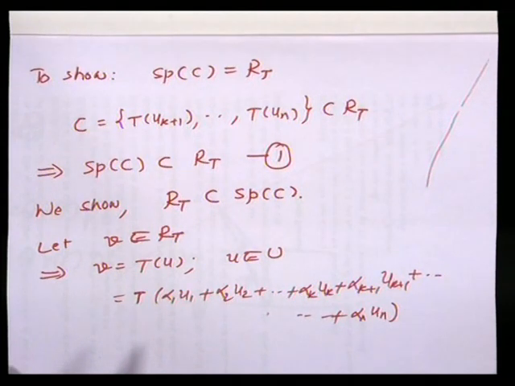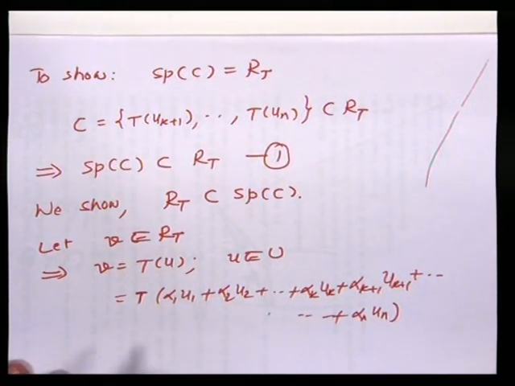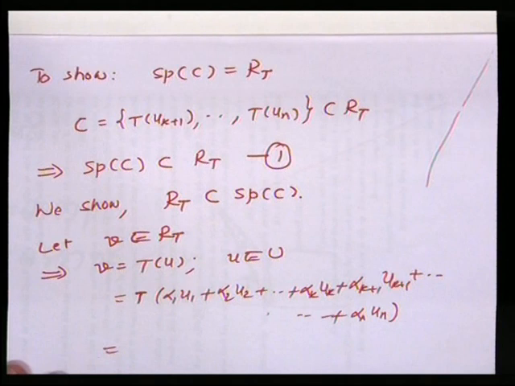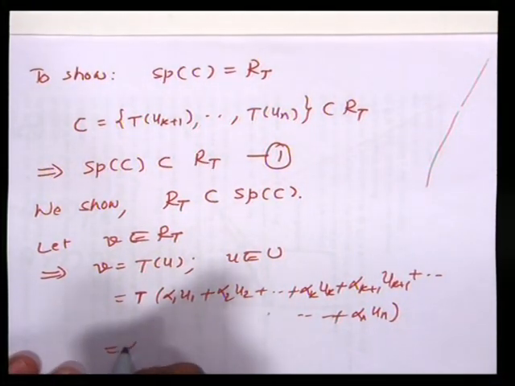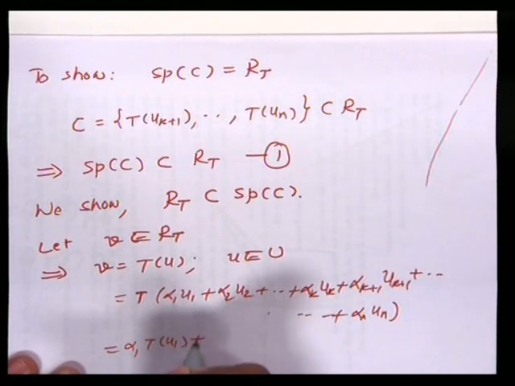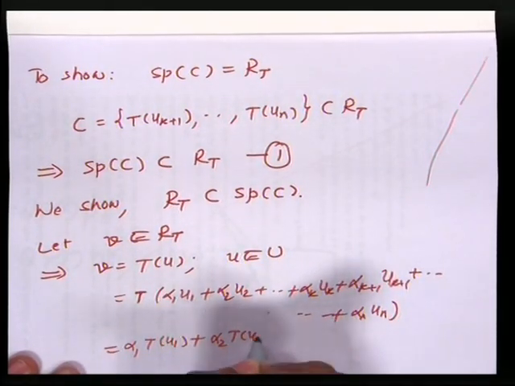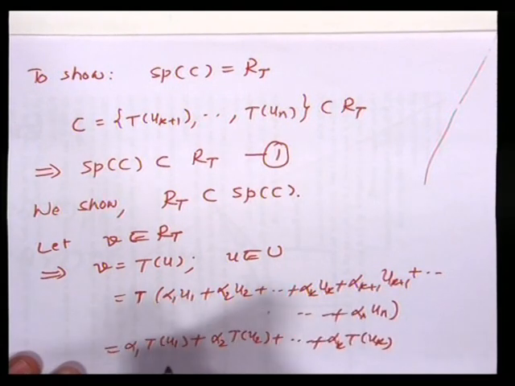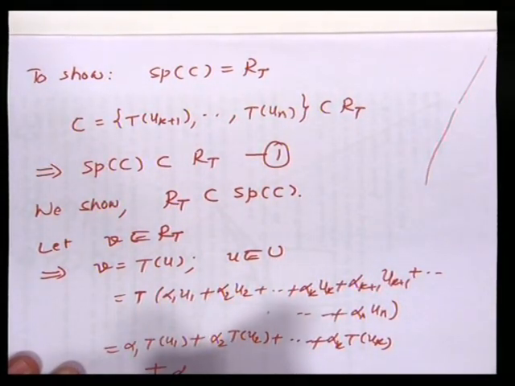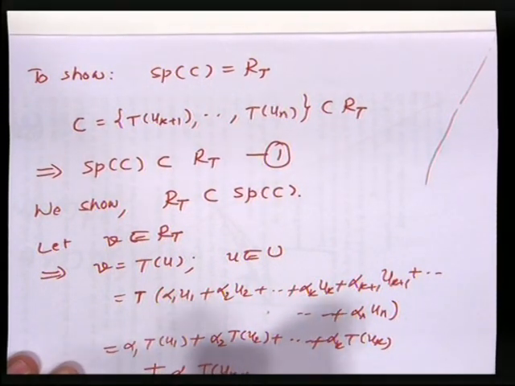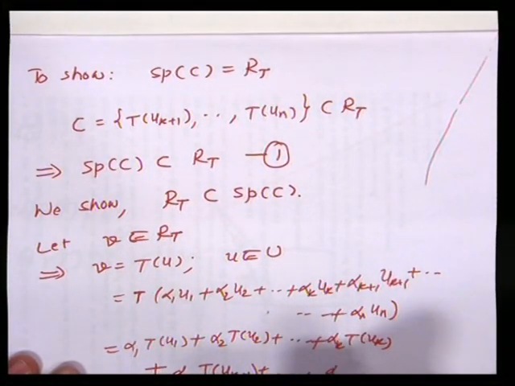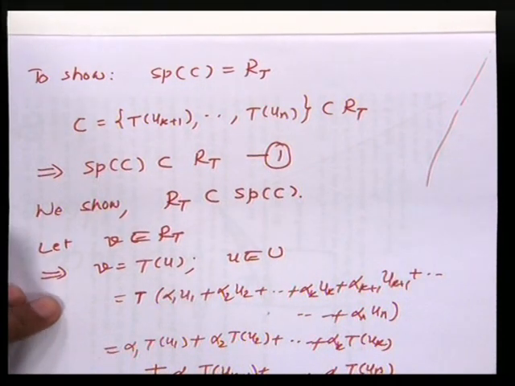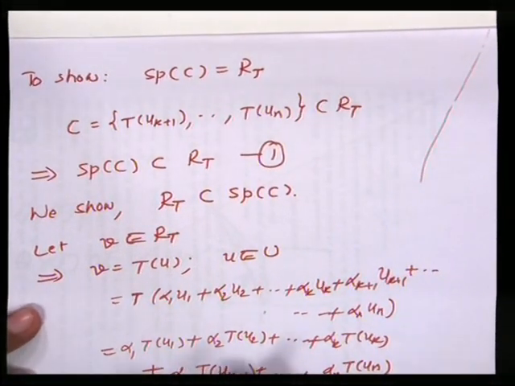Since u1, u2, up to un are all vectors of the basis of U, and since T is a linear transformation, we can write this as alpha 1 times T of u1 plus alpha 2 times T of u2 plus up to alpha k times T of uk plus alpha k plus 1 times T of uk plus 1 plus up to alpha n times T of un. Since u1, u2, up to uk